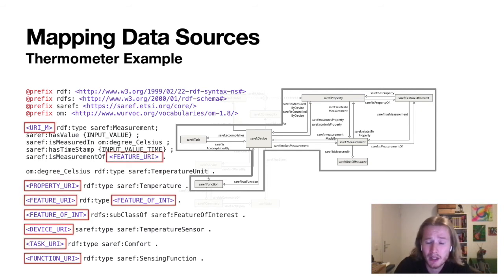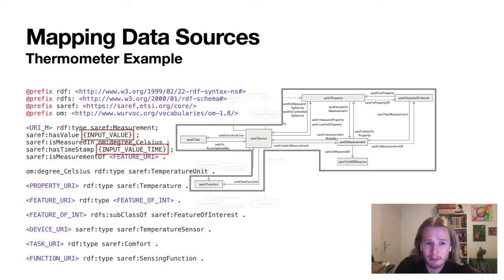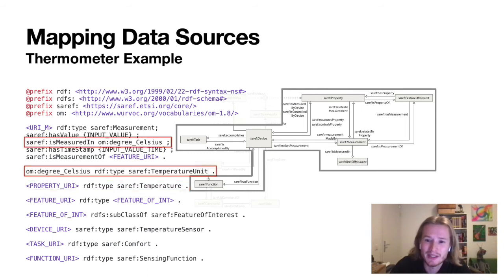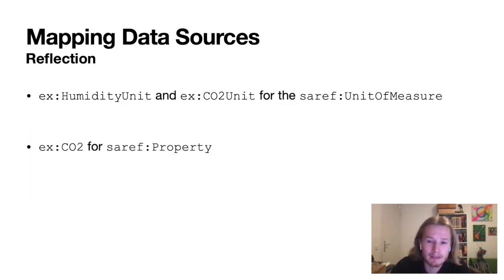The angle brackets are URI placeholders, and the curly brackets are placeholders for the input from the measurements. The other classes that are used are also clarified here. So, for example, the property class is of SAREF temperature, and the unit of measure is a temperature unit. To sum up this implementation, this was pretty straightforward for all the data sources that were available, except for the